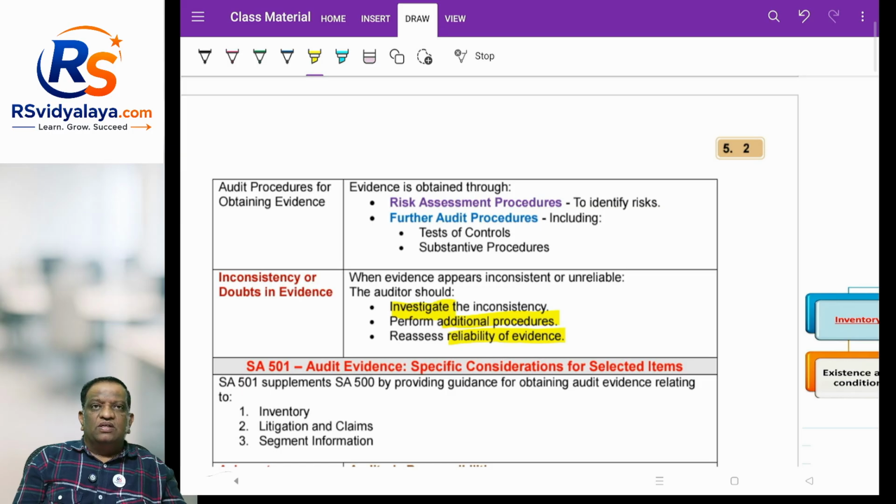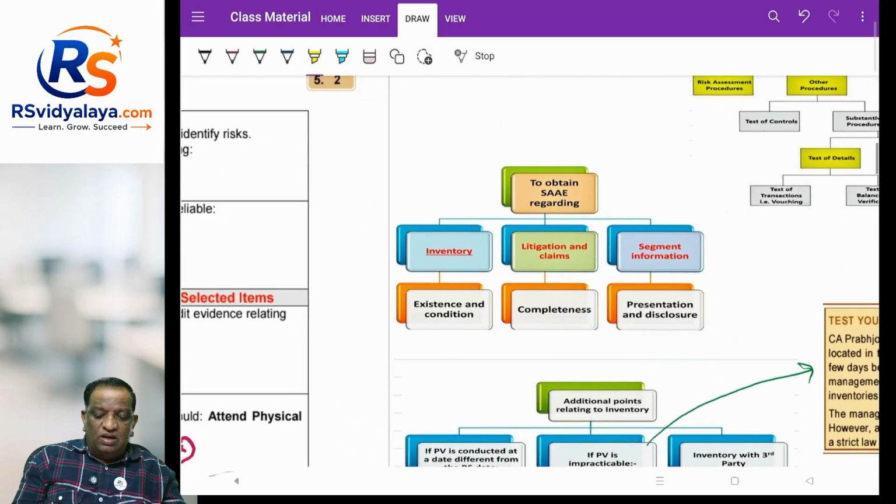Then the last two paragraphs. How do you gather your audit evidence? What are the audit procedures? If you correctly recall, we would have discussed long procedures like the 7 procedures: inspection, observation, external confirmation, recalculation, reperformance, analytical procedures and inquiry and all. But that is a lengthy one. To put it simply, whatever you are doing, the audit procedures are basically of two types. Either it's a risk assessment procedure or further audit procedures. So just to help you recall,